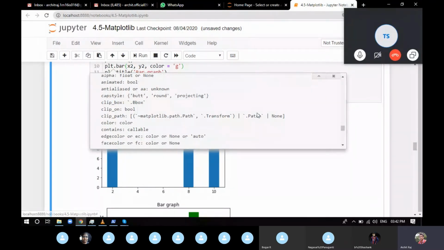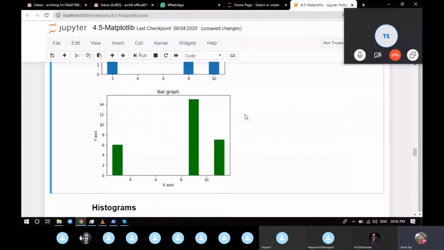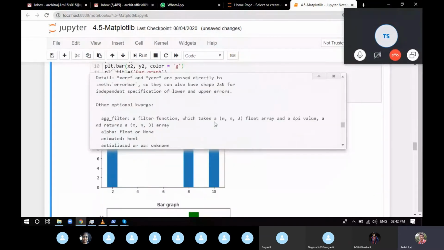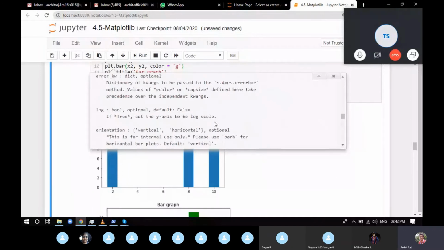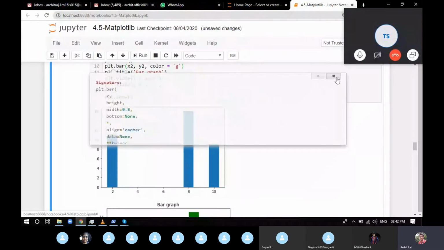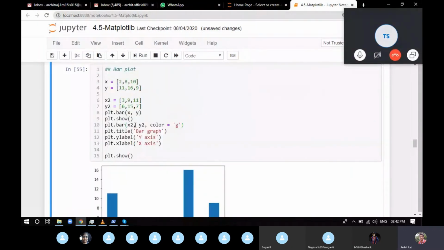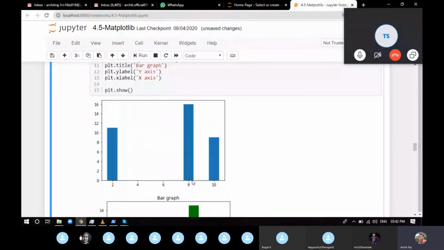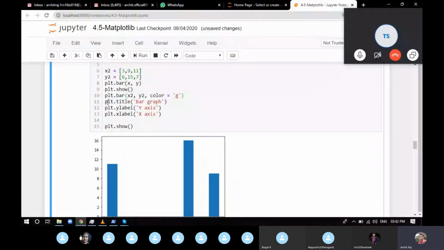You'll also get so many examples present here. So go for Jupyter. Now for the second bar graph, we provided x2 and y2. So x2 and y2 has been printed. And for the second bar graph, as you can see, for the first bar graph, we haven't provided any name or any x-axis or y-axis.